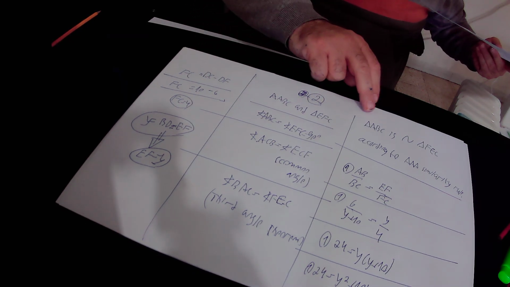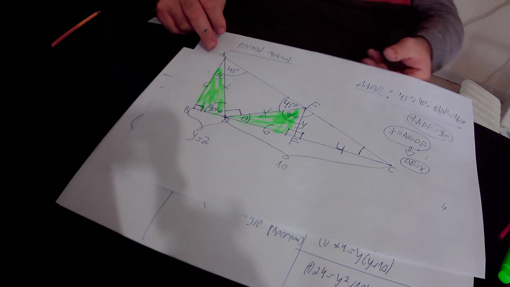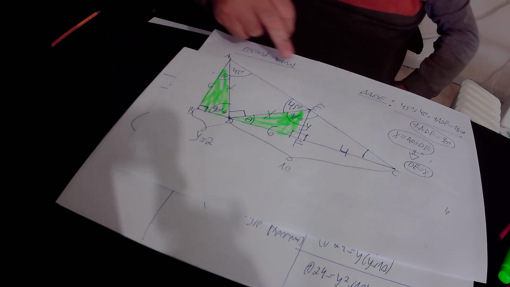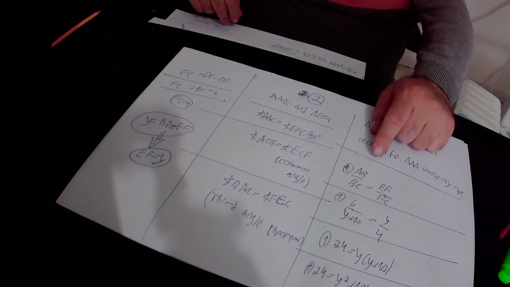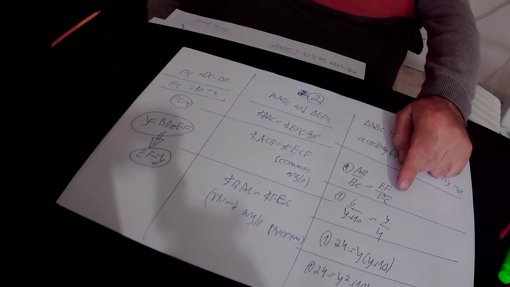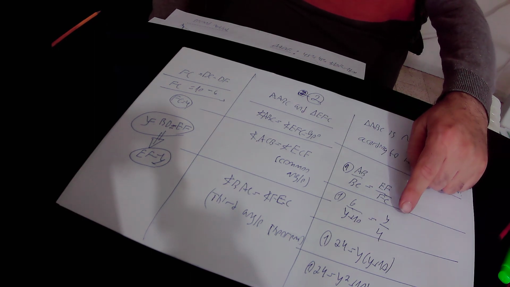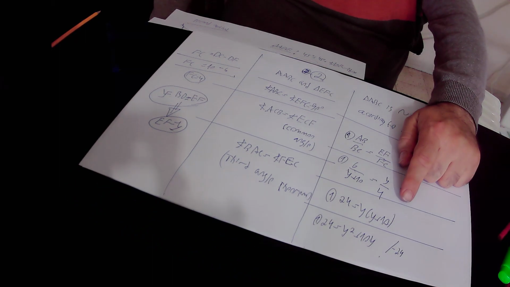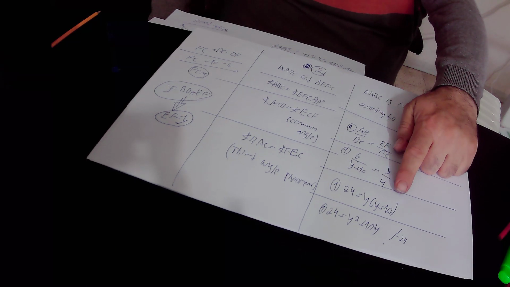Triangle ABC is similar to triangle EFC according to the angle similarity rule. And from the fact that those two triangles are similar, we conclude that AB over BC in triangle ABC equals EF over FC in triangle EFC. Okay? AB over BC equals EF over FC. AB equals 6, BC equals Y plus 10, EF equals Y, FC equals 4. We cross multiply this equation and we get 24 equals 4 times Y plus 10. We open the brackets here and we get that 24 equals